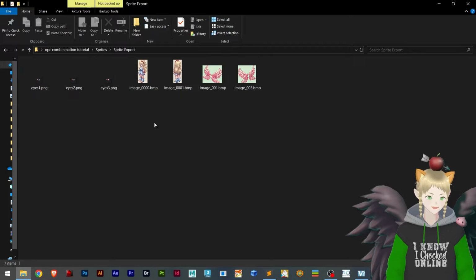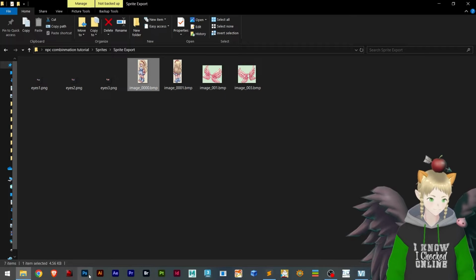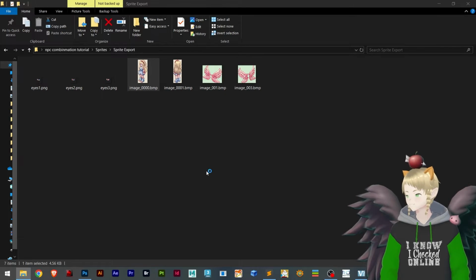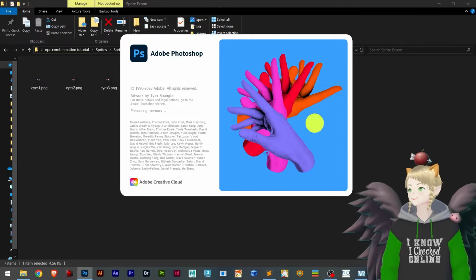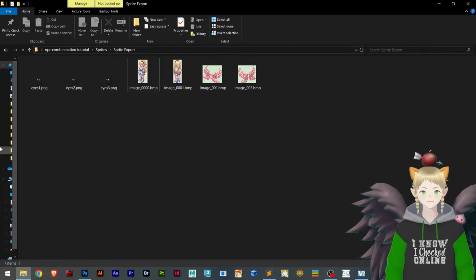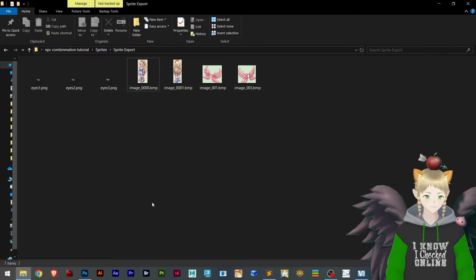I am going to first go to Photoshop. After that, I'm going to create a canvas that I can work with the sprites. Okay. And the cool thing is you can